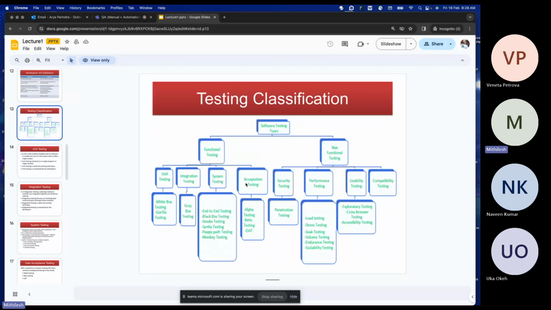And once they say, okay, it's working as expected, we'll go for the next iteration. So this acceptance testing is nothing but accepting the product that is already developed by the user. Okay, now security and performance. Performance testing is the kind of load testing or stress testing